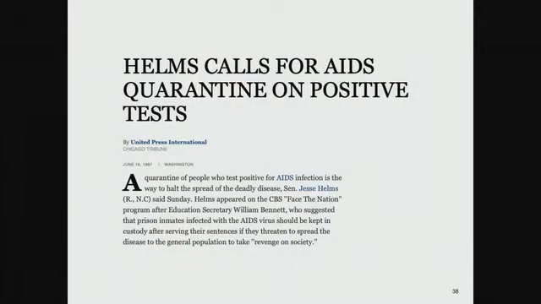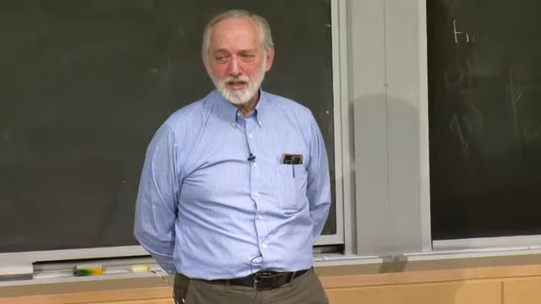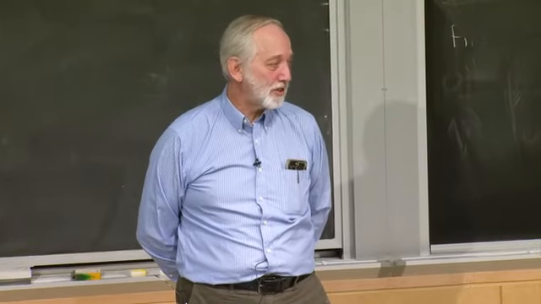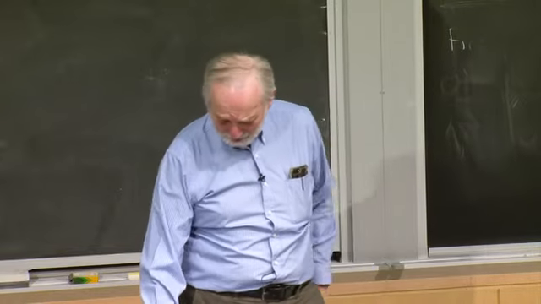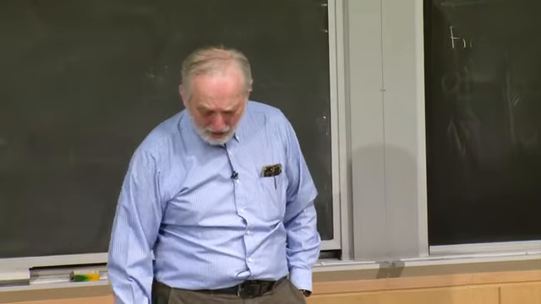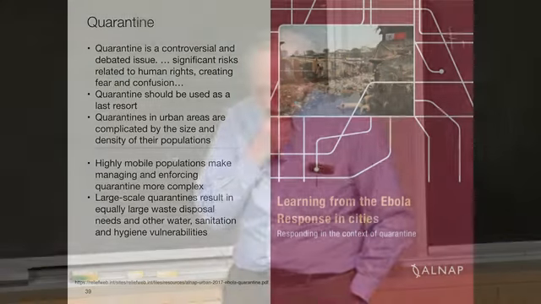You don't have to go that far back. Here's a 1987 article from UPI, from the Chicago Tribune. So Jesse Helms, who was a senator, was calling for everybody who has AIDS to be quarantined. Fortunately, that didn't happen, but the idea is still around to say, well, we're going to stop this infection by quarantining people. And then here's a recent report